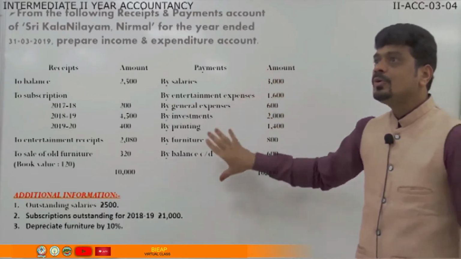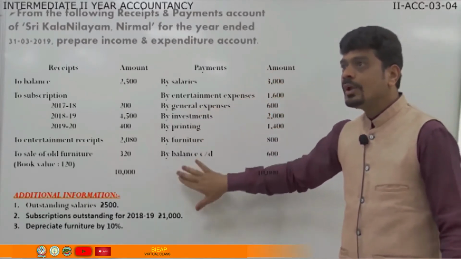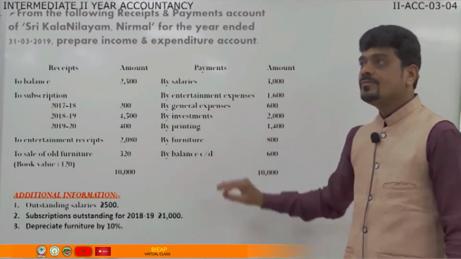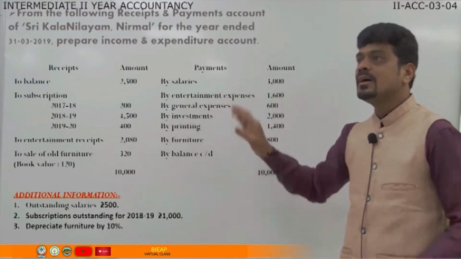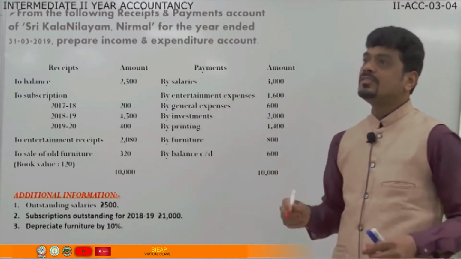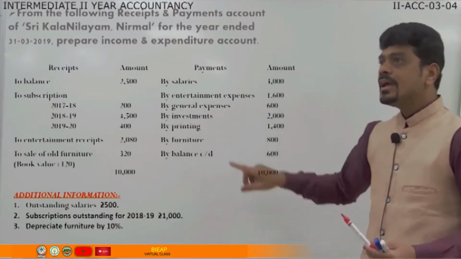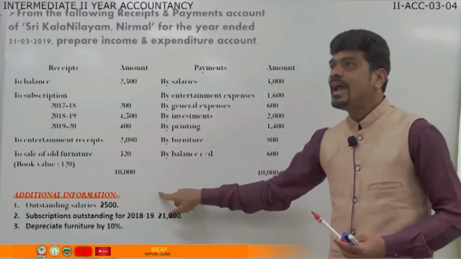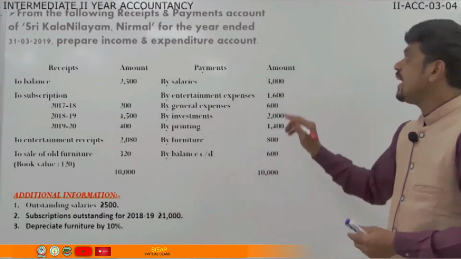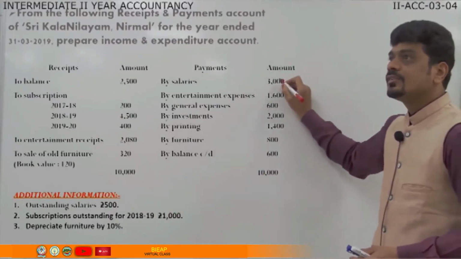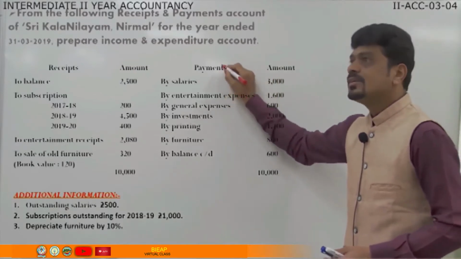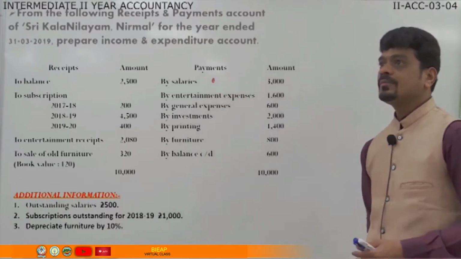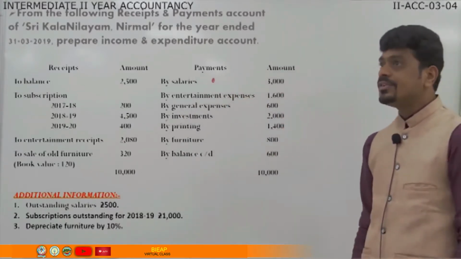Then come to the adjustments. Look into the adjustments and mark the adjustments. First thing is mark the adjustments. How to mark the adjustments? Now, here if you see the question, they gave you outstanding salaries. So where is salaries? Salaries is here. So we'll mark adjustment on salary. Come to salary and we'll put one dot mark here, or you can write number 1, indication.